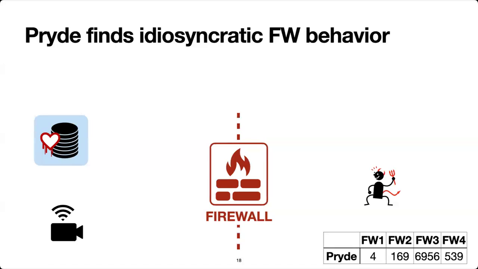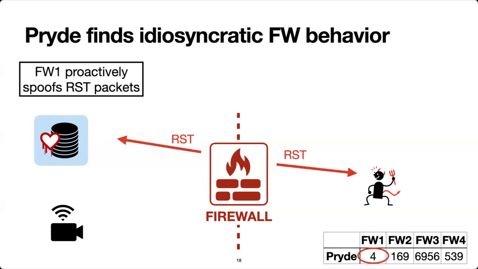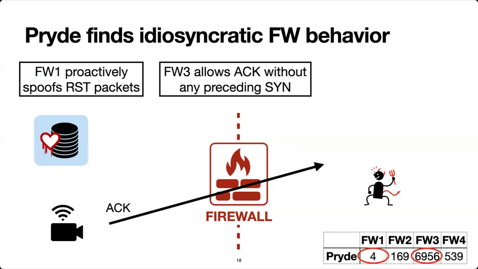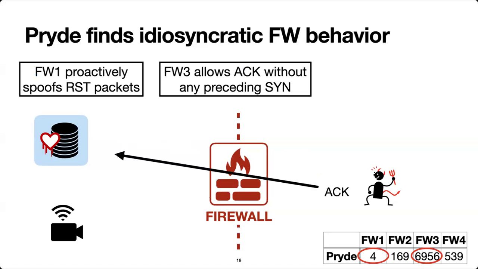So in the process of finding these attacks, Pryde also finds some cool idiosyncratic firewall behavior. So one behavior that we notice is that firewall 1 proactively spoofs reset packets and sends them to hosts. And we think this is a reason why Pryde found a very small number of attacks against firewall 1. On the other end of the spectrum, firewall 3 allows an ACK in any direction without any preceding SYN packet, which was very surprising. And we think this is the reason why Pryde discovered a whole lot of attacks against